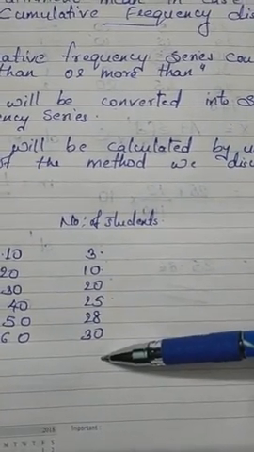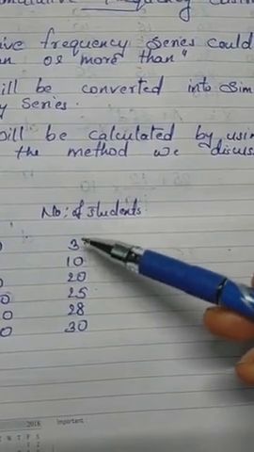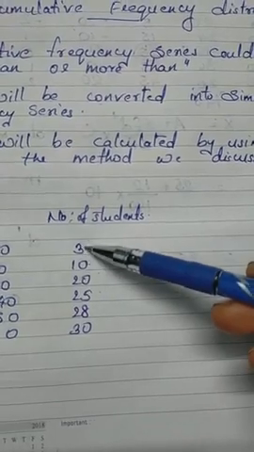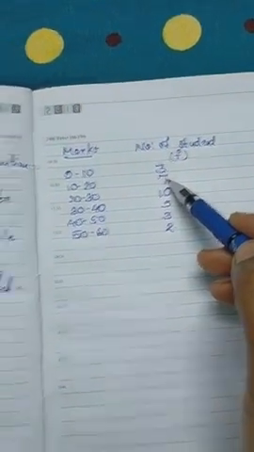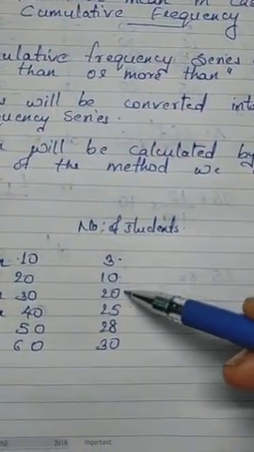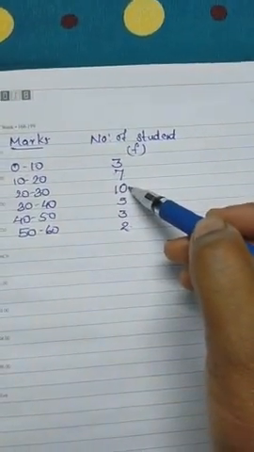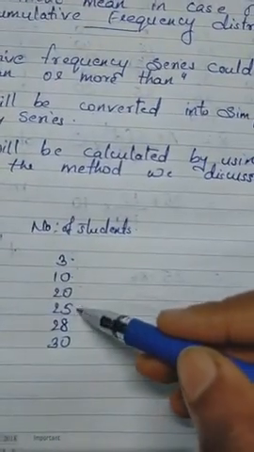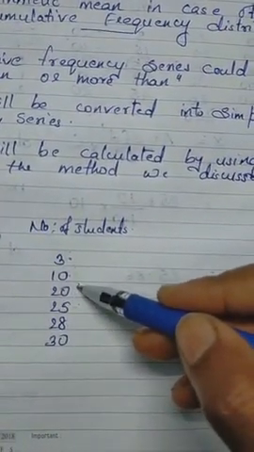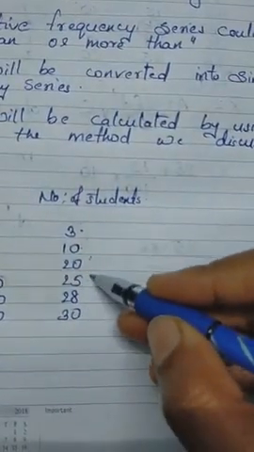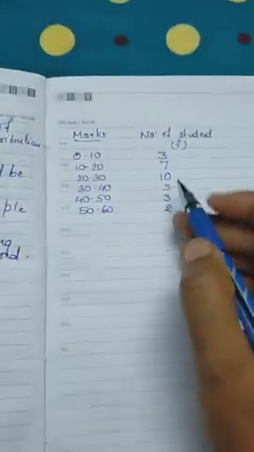So what you will be doing is, कि just frequency कैसे find out करोगे, the first one will be the same, 3 only, the second frequency will be 10 minus 3. Okay, so 10 minus 3 is 7, ये frequency हो गया. Then next is 20 minus 10, so 20 minus 10 is 10, so this is the next one, 10. Okay, then after that it is 25 minus 20, it will be 5, so 5 is your next frequency. Then it is 28 minus 25, so 28 minus 25 is 3, so 3 is your next frequency. In this way you will be calculating your frequency.